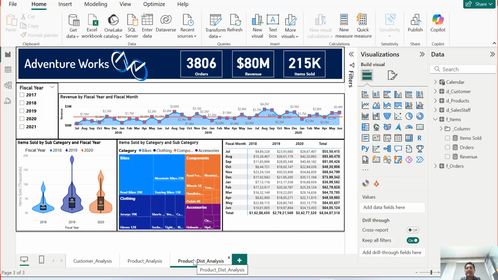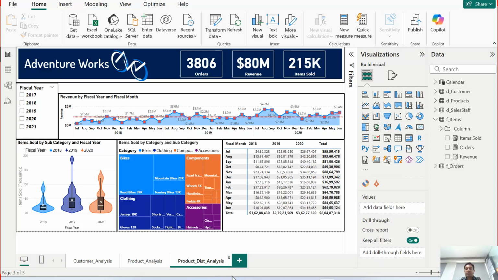Now, in this video, we are going to learn about one of the important charts, that is the waterfall chart, which is used as a visualization to see the change in terms of period. So say for example, this time we want to see what is the change in my revenue month on month. If I want to see how my revenue is changing month on month, for that I'm going